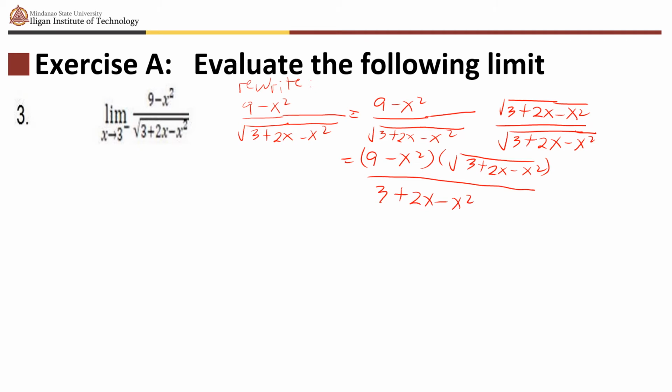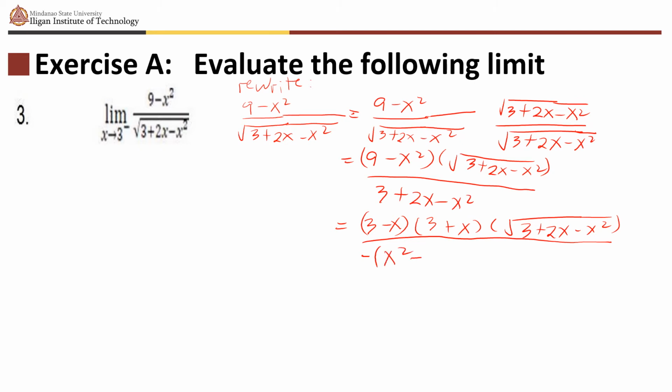But this 3 plus 2x minus x squared can be rewritten as 3 minus x times 3 plus x times the square root of 3 plus 2x minus x squared all over... We can write that as the negative of x squared minus 2x, then minus, because we have negative x squared there, and then negative times negative 2x is plus 2x, negative 1 times negative 3 is positive 3. So we can rewrite that as 3 minus x